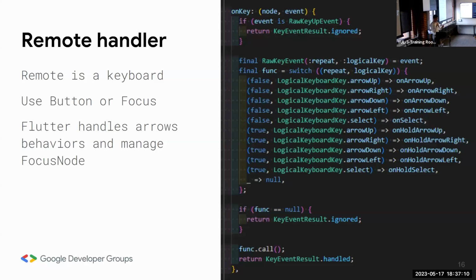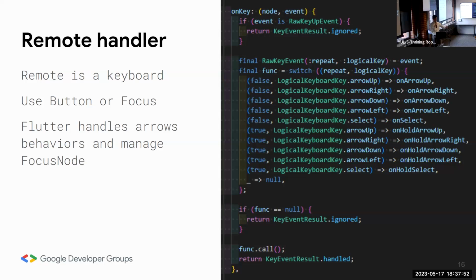There's another subject, which is the remote for the TV. For the TV, Flutter gives you something which is LogicalKeyboardKey, and it gives you a big list of all the keys on the laptop or on PC. So you have to choose them and create a function that only chooses the ones you want to control, so up, down, right, left, and select. It detects also if you repeat, so if you hold the button, it can be another behavior, so you have to check. So with Dart 3, you can just destructure the event.